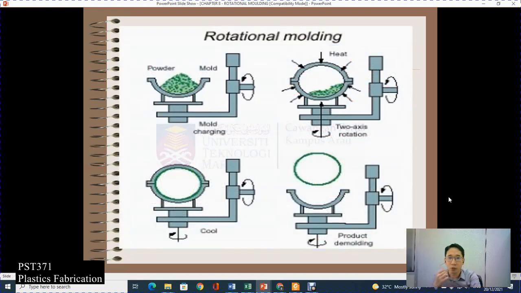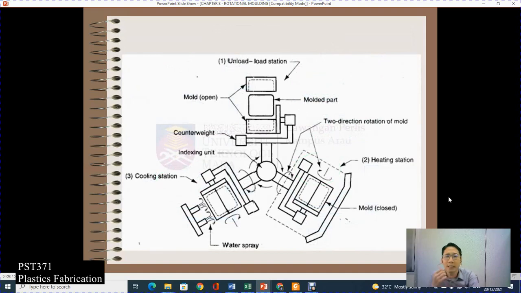This is another illustration, not to worry about this. This is one station of what we call rotational molding. Initially, number one is the load and unload station. You put in the raw material, and once you clamp the mold, you go through to the heating station. During this process, the mold is rotated biaxially